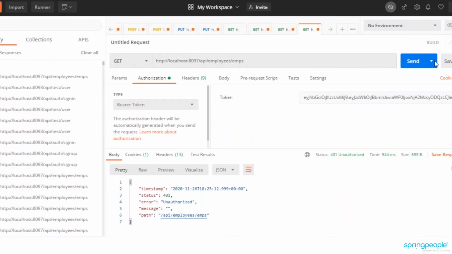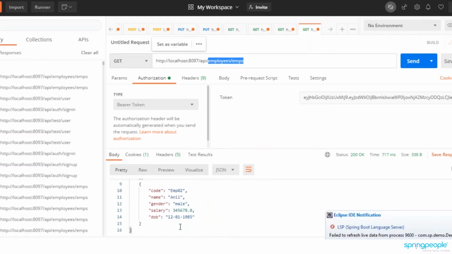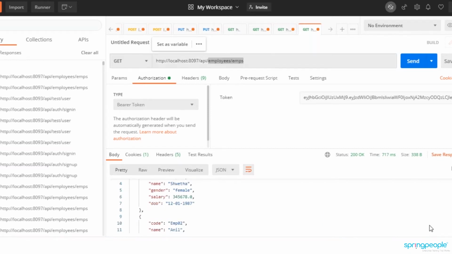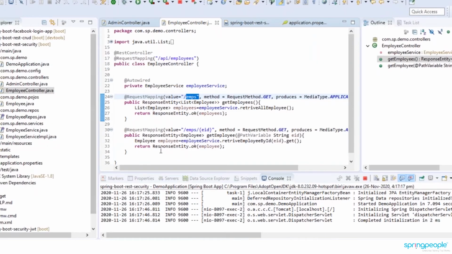So I'm sending a request to 8097 API employees EMPS, and I'm able to retrieve the employees which are available. I have two employees in my database, and the two employees are also displayed here. So if I want to provide just basic security,